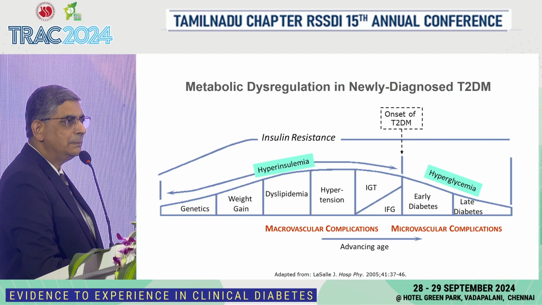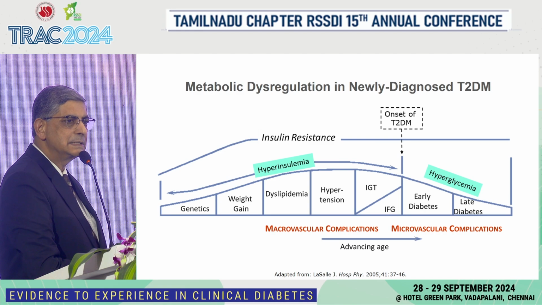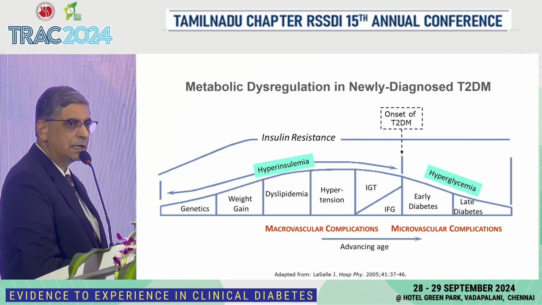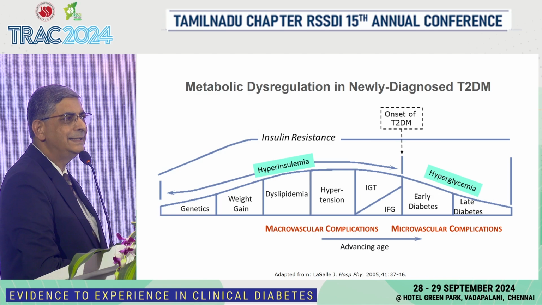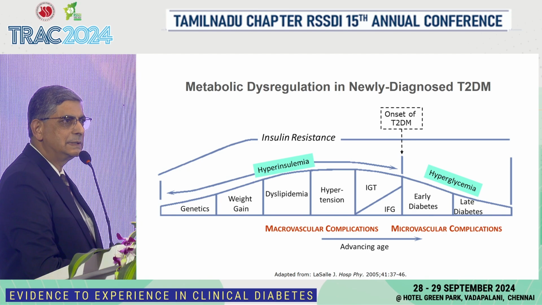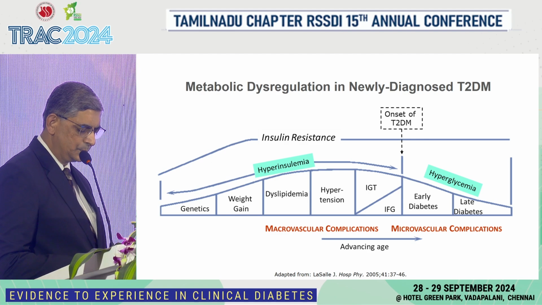Whereas if you look at microvascular complications, there is a clear relationship that intensive glycemic control helps in these patients. So if you want to reduce the incidence of macrovascular complications, our intervention should be not only to deal with blood glucose control, but also to deal with all the other cardiovascular risk markers that are evident in a patient who comes to you.